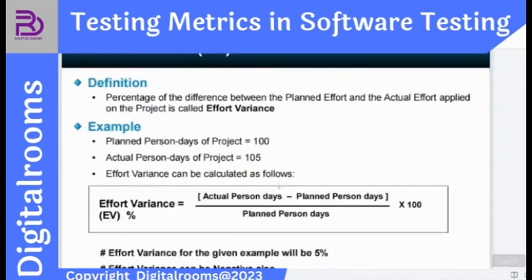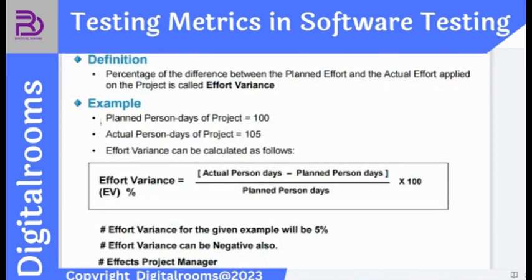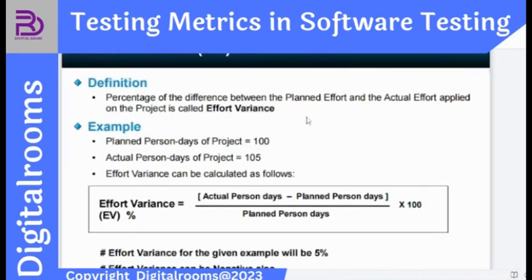Now, effort variance is what? Basically, the percentage of the difference between the planned effort and the actual effort applied on the project is called effort variance. I hope you will be able to understand. So, for example, planned person days of the project. What does that mean? Whenever a project comes to a company or to a team, we first need to calculate within how many days we will be able to deliver the software, based on assumption or calculation of how many days it can take to